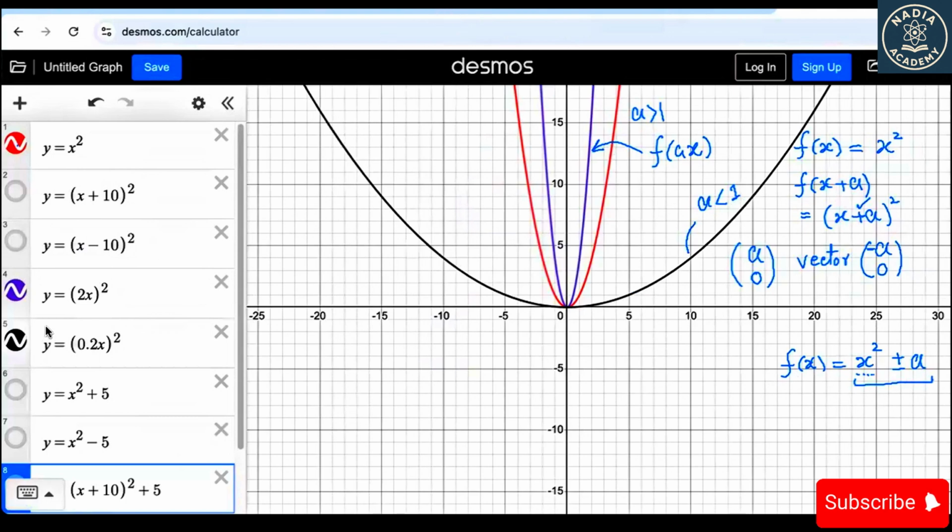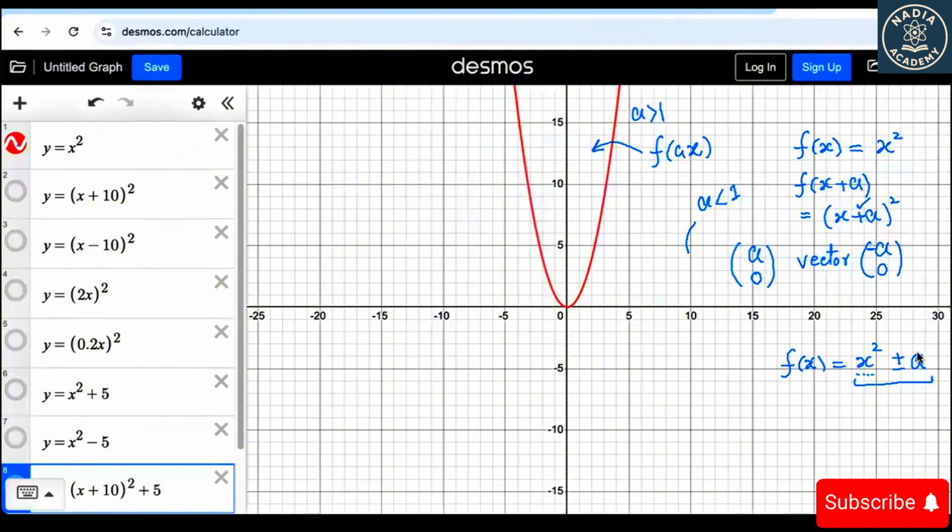So here the function will follow this addition along the y-axis with the sign. For example, if I have x square plus 5, it has shifted along the positive y-axis. And if I have y is equal to x square minus 5, then it has shifted along the negative y-axis. So for this, we can also write the vector of transformation, and this vector you can see is